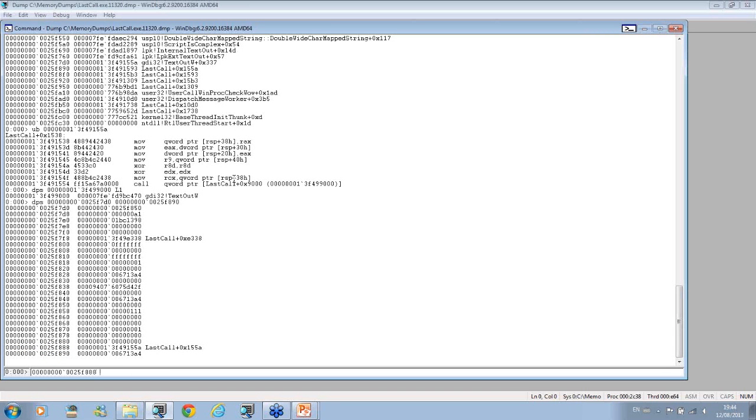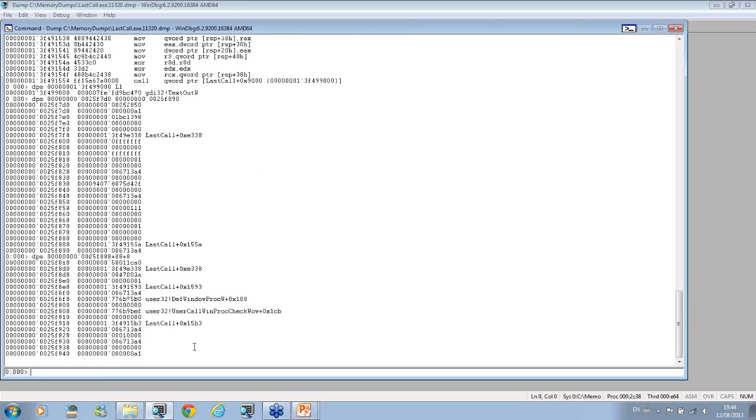But we are interested, say for example, let's double check the 4th parameter. This is the value of stack pointer plus 38. So we add 38, but remember that stack pointer was decremented by 8, so we need to add another 8. And now if we do DPS, we get,